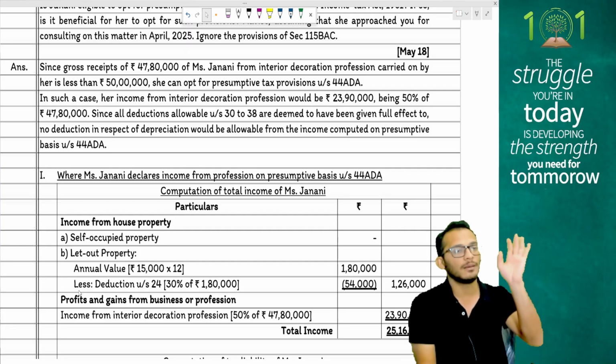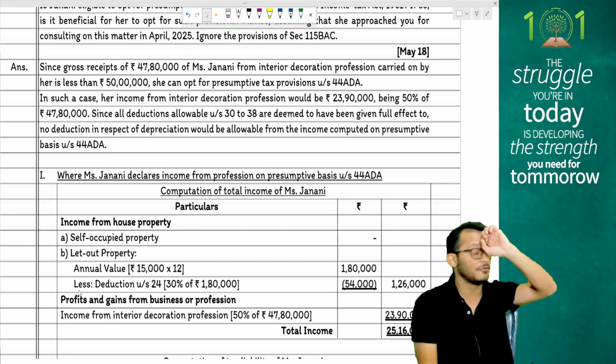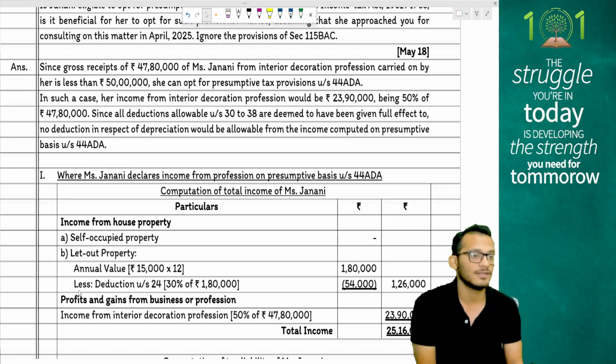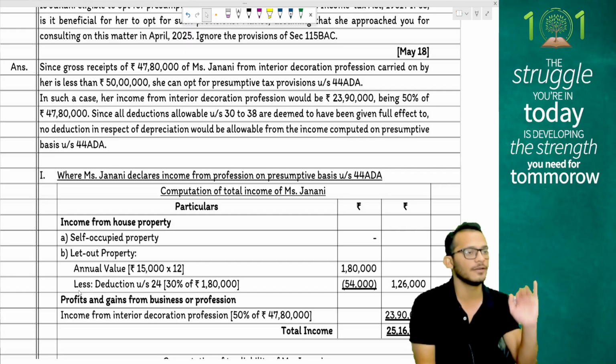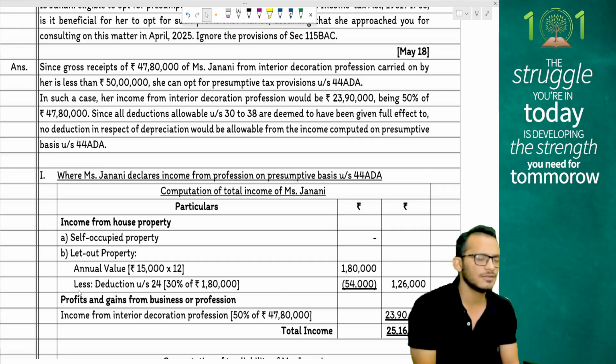A question like this can come in your question number 5 or question number 4. I think they'll give it for 4 marks and they'll come and say, give me a recommendation. Questions like these are very common to be tested in exams. Yes, pay attention to these kind of questions, people.